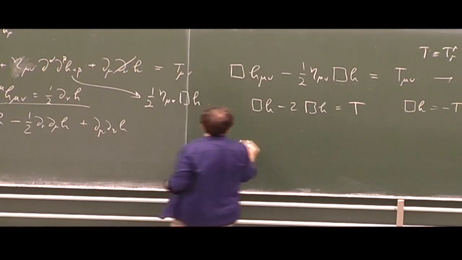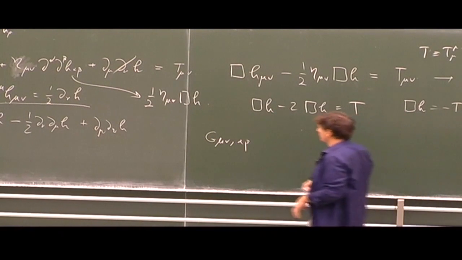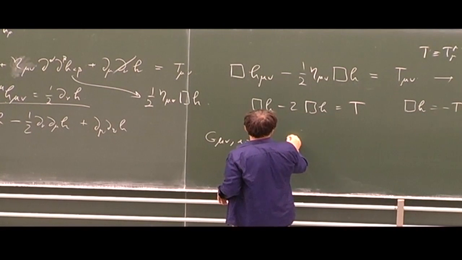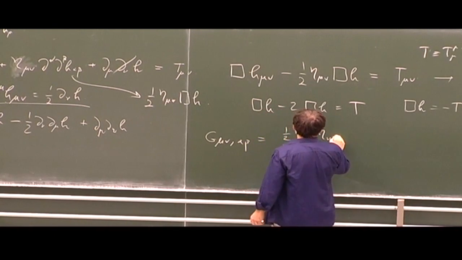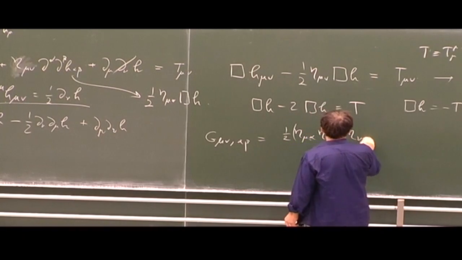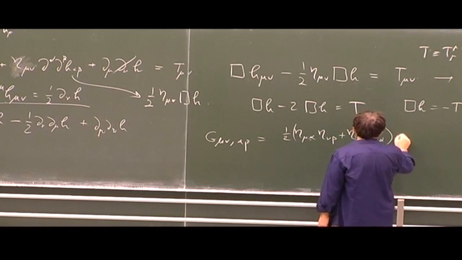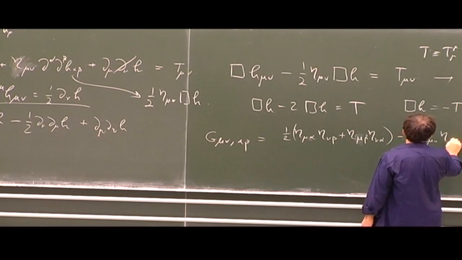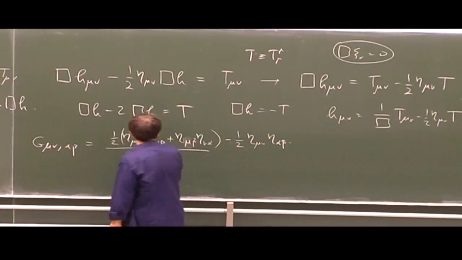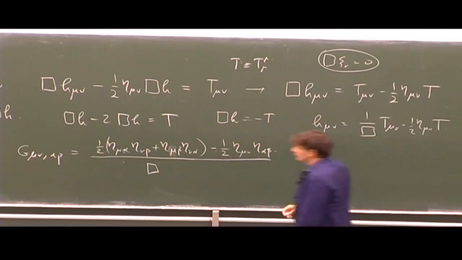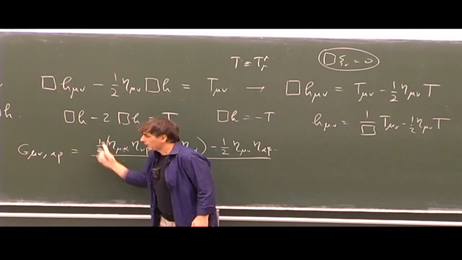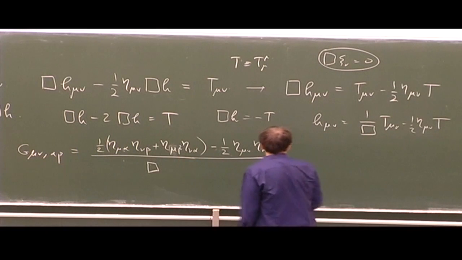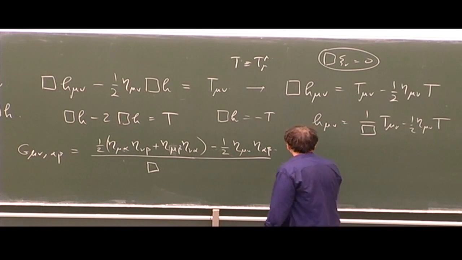So the propagator that mediates, this is, and this is just simply one graviton exchange by a particle with this propagator. This object there is simply